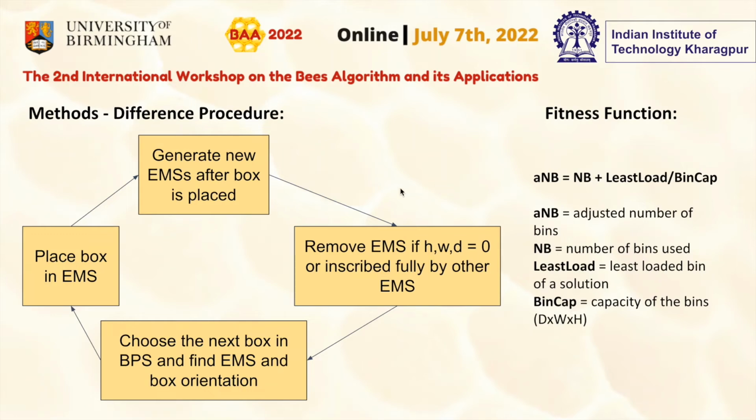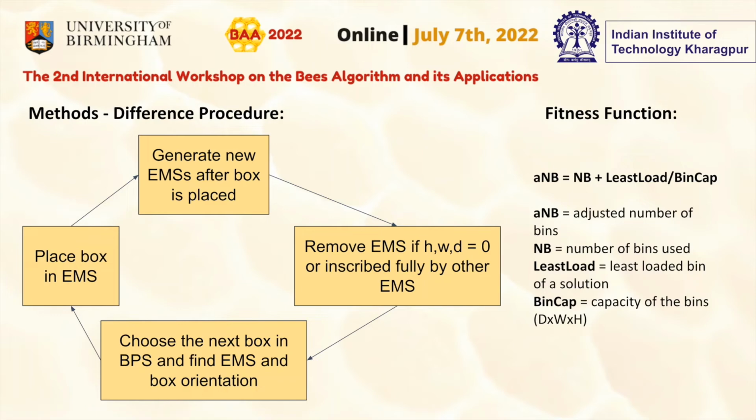I'm also going to explain how Lai and Chan's difference procedure works. Once you've placed the box in the empty maximal space, you generate the new EMSs that are produced, as I've shown to you in the slide about the empty maximal spaces, and you remove the empty maximal spaces that have infinite thinness in any direction, which means if any of its dimensions are 0, we remove it from the list of viable EMSs, and we also remove EMSs that are fully inscribed by other EMSs, which means that if